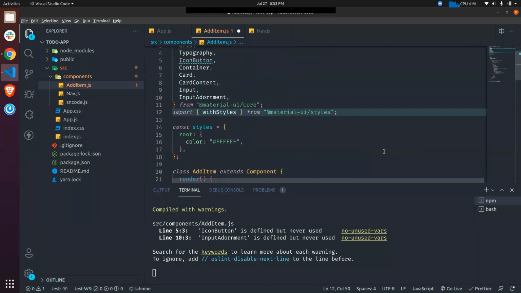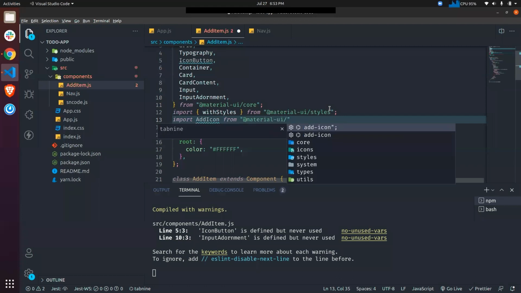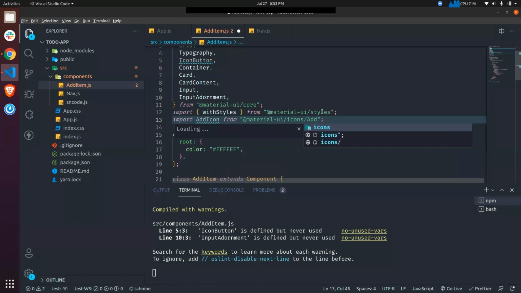To add the icons, we need to import it as a normal component. So we need to write add icon from @material-ui/icons/add. So this is the file.